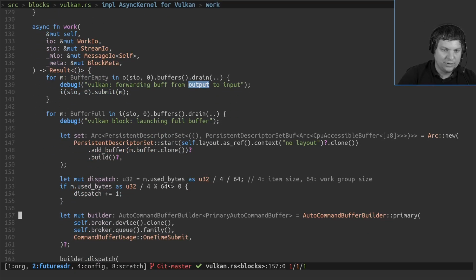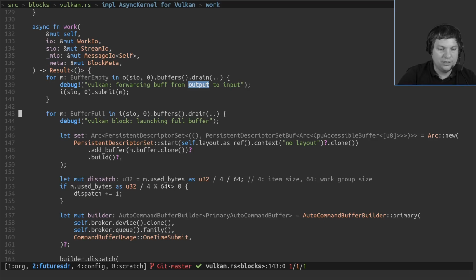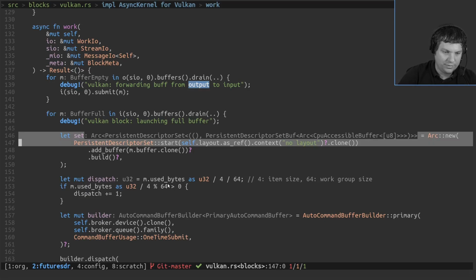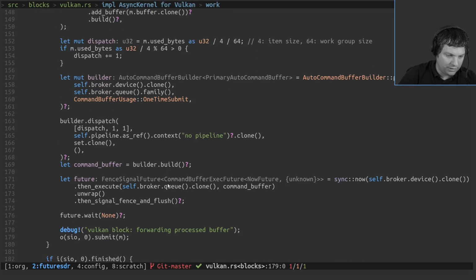In this case, you drain all the GPU buffers that are already full of samples. You launch the buffers to the GPU, and then somewhere at the bottom, once you get the buffers back from the GPU with the processed samples, you just submit them to the output edge. And then on the other side, it will be presented to the host for the vector sink in the example flow graph, and then it will read from it. And it's the very same thing also for the sink implementation.